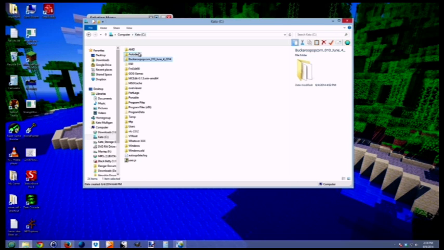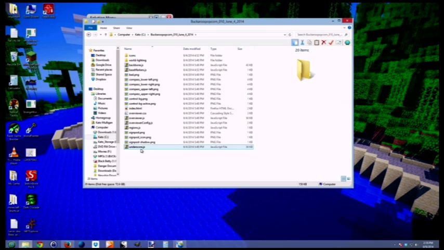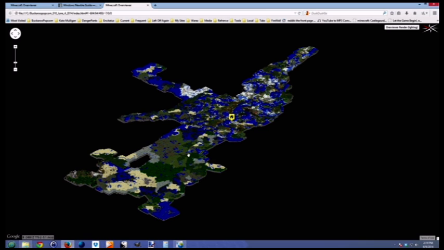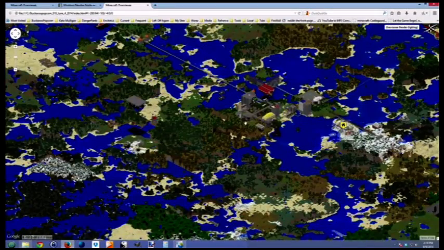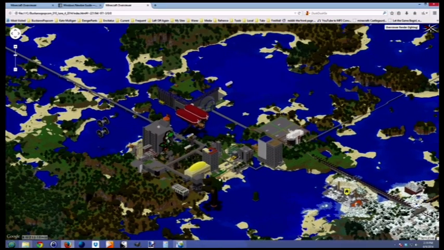Now this is just in my C drive. The C drive is where I compile everything because it makes things a lot easier. In the 32-bit it took me about 4 hours to render a map, but in the 64-bit it's considerably faster. And this is what it gives you,